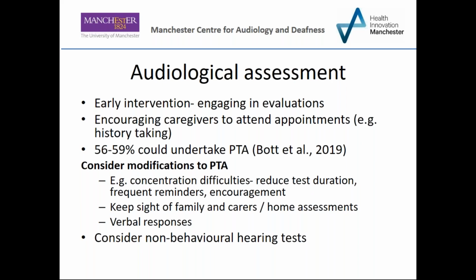Can we give frequent reminders of what's needed, frequent encouragement? Going back to, make sure that they can keep sight of family and carers. Do we need to do the standardized PTA? Could we use different tones, which might be a bit more engaging? Can we respond with verbal ways? And I think this is kind of going back to the discussion from the questions before: what do we want to get out of the audiological assessment? What are the aims of it, and what are the minimum thresholds we need to be able to